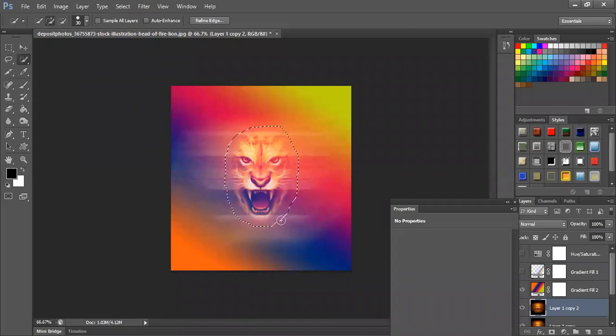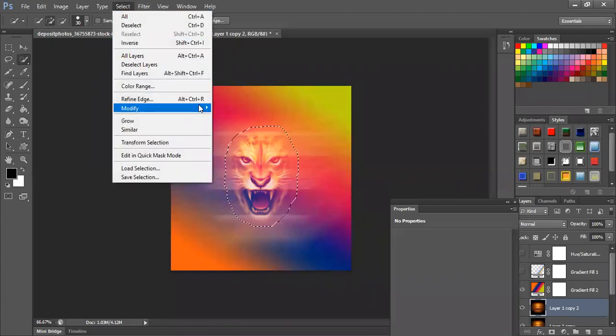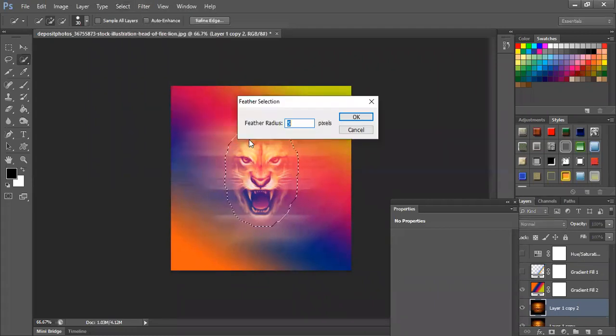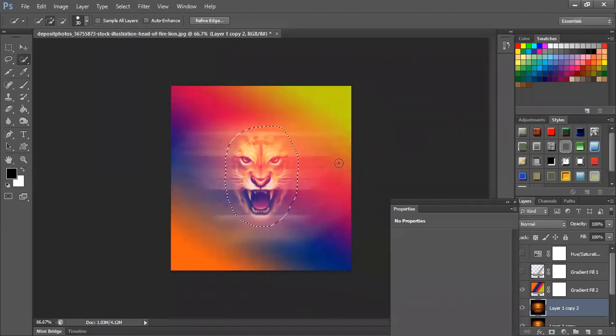Also, if you understand it, this area is more precise. The outer area is blurry. Understanding? This area is precise. The outer area is blurry. So when I copy this, the same kind of effect should be there. So I'll say select, modify, and I'll choose an option called feather. Feather is used to soften the edges of the selection that you have made. I want to soften the edges by say 10 pixels.